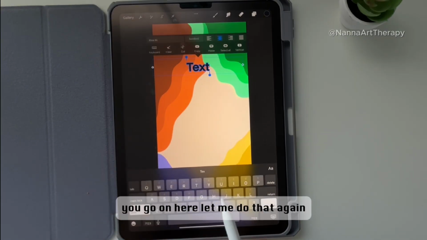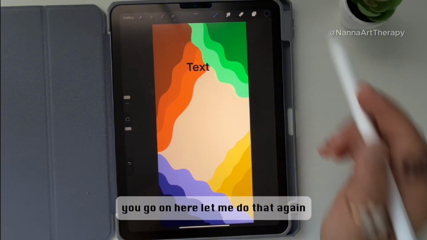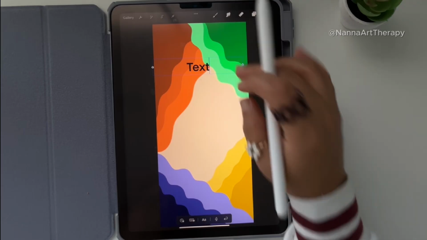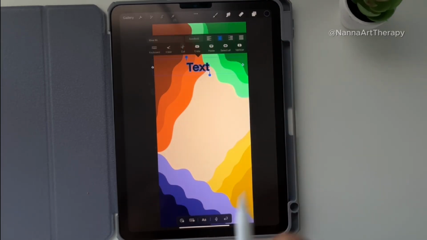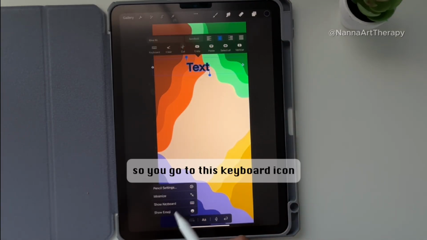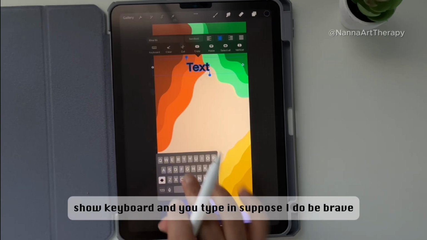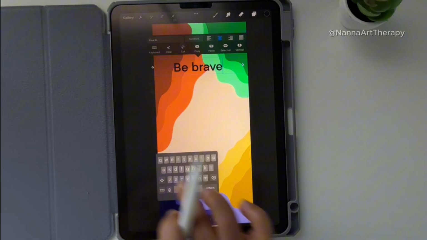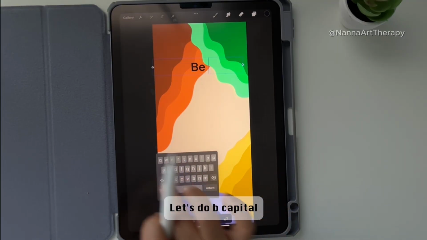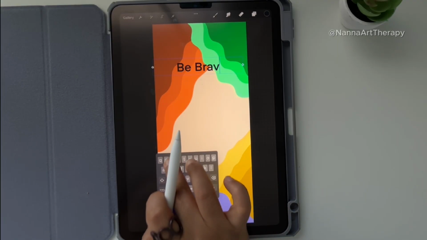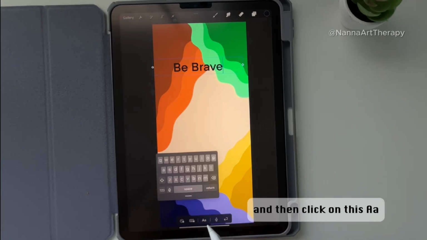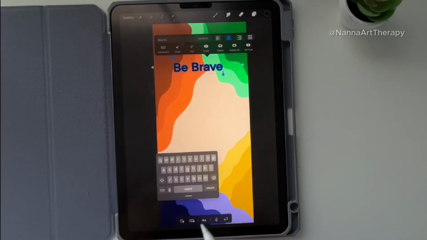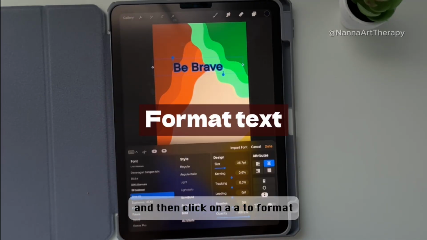Oh, no, you go on here. Let me do that again. So you go here, you go to edit text. So you go to this keyboard icon, show keyboard, and you type in, suppose I do B, brave. Let's do capital. And then click on this AA, make sure everything is selected, and then click on AA to format